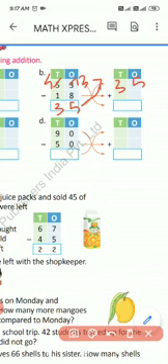This 18 will be 18. So add 35 and 18. 5 plus 8 is equal to 13, 1 is carry. 3 plus 1 is 4, 4 plus 1 is 5. And you can see our answer is correct. 53 is the same as the minuend in subtraction. Our answer is correct. 35 plus 18 is equal to 53, and 53 minus 18 is equal to 35.